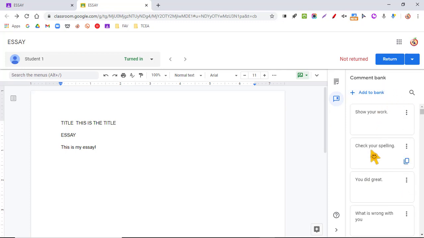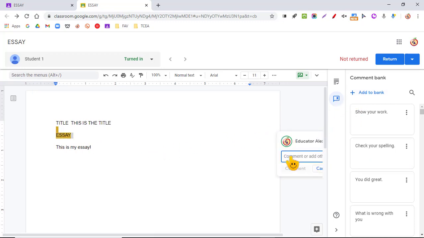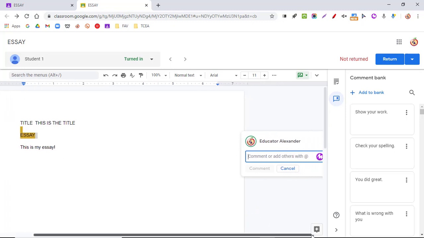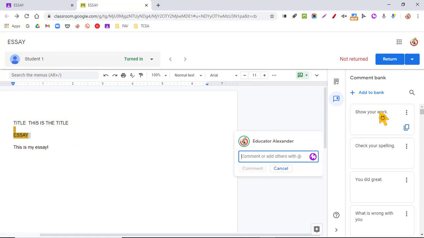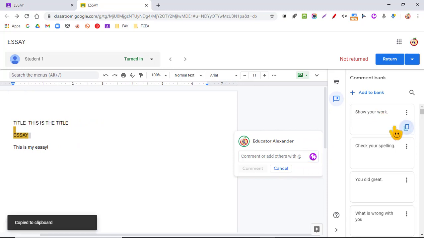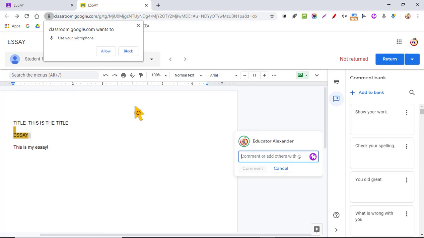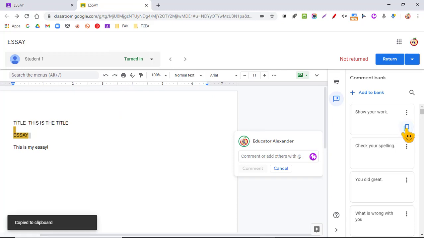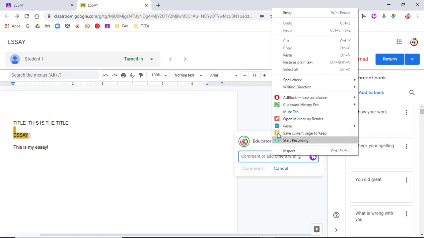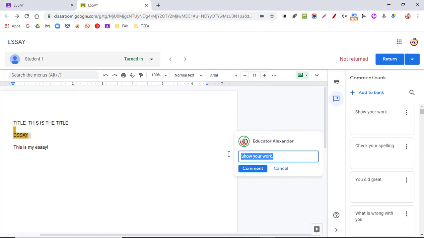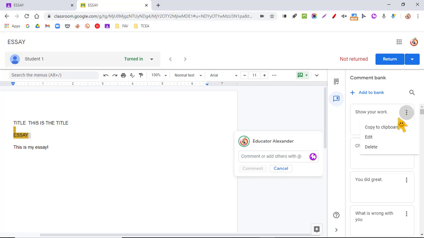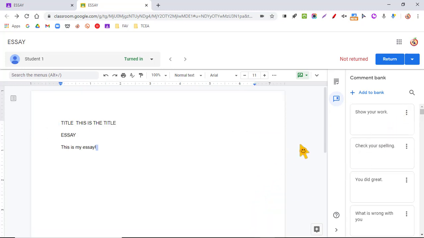When I want to use the comment bank, I'm going to come here, highlight whatever I want to comment on. Notice my little regular comment button is here. So when I want to use the comment bank, I can click copy to clipboard and paste it here. Sorry about that. That's one of my extensions activating itself. I can click copy to clipboard and then paste it here. I can also click the 3 dots to copy. But what I usually do,